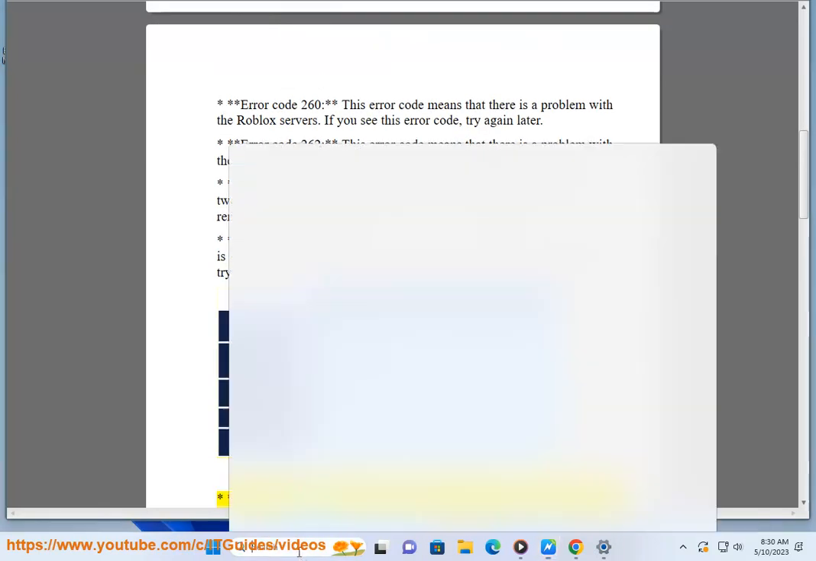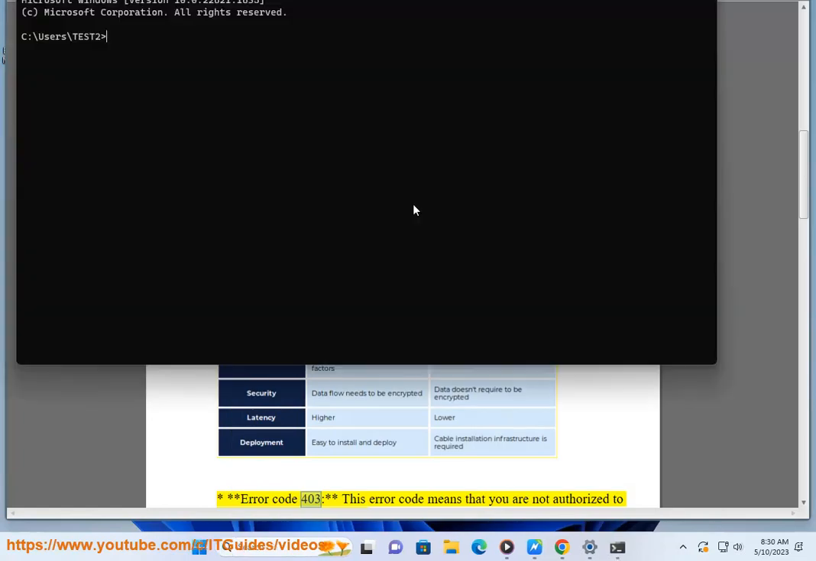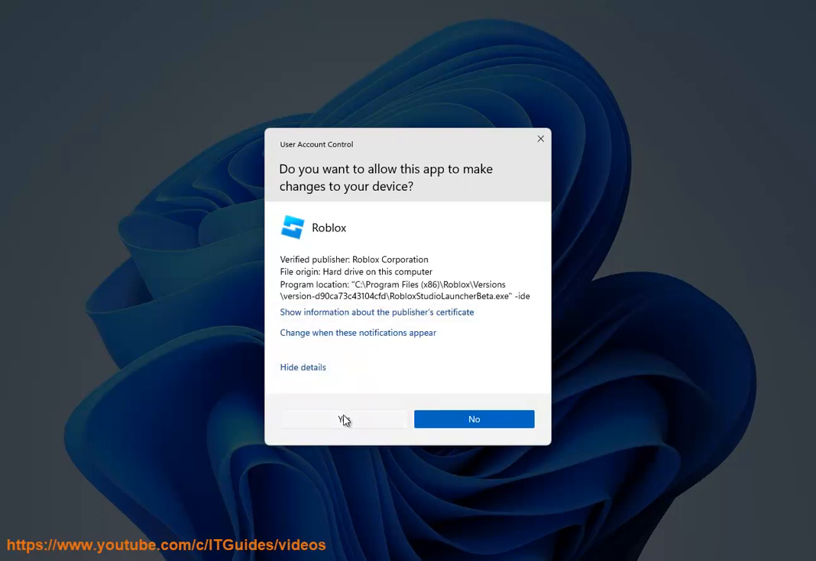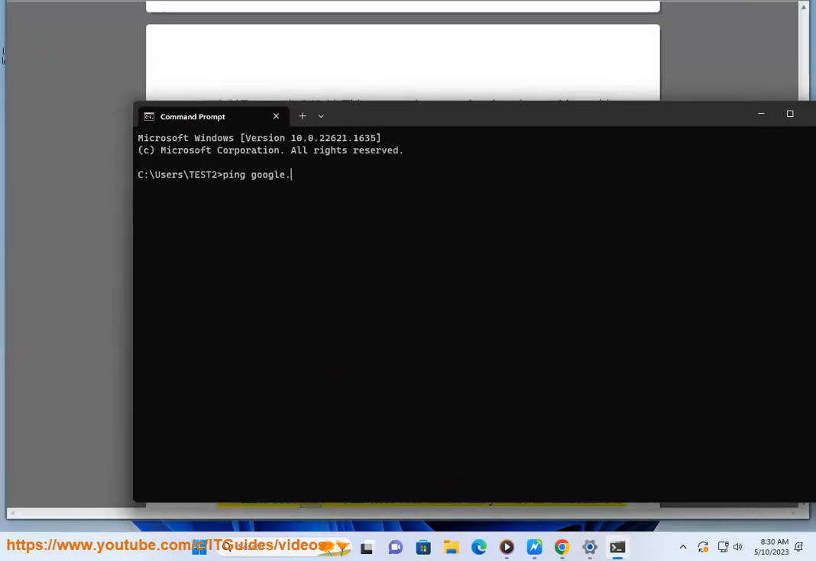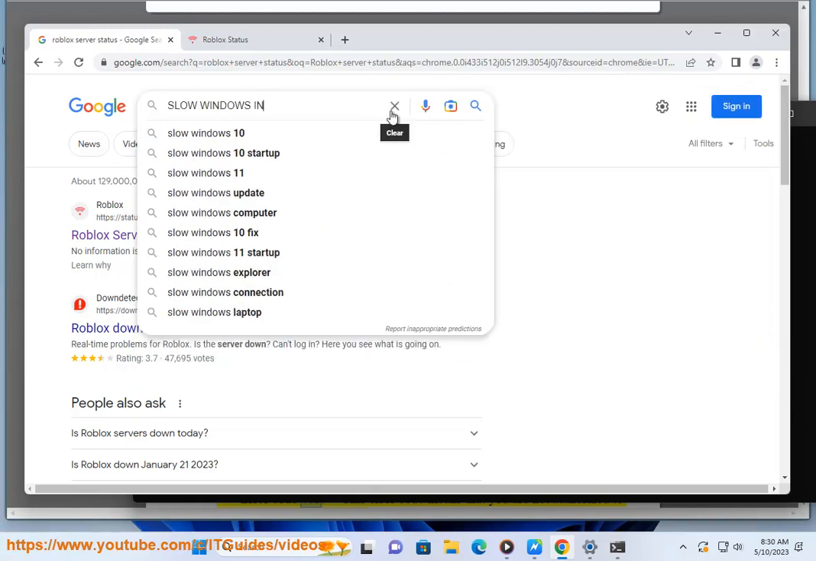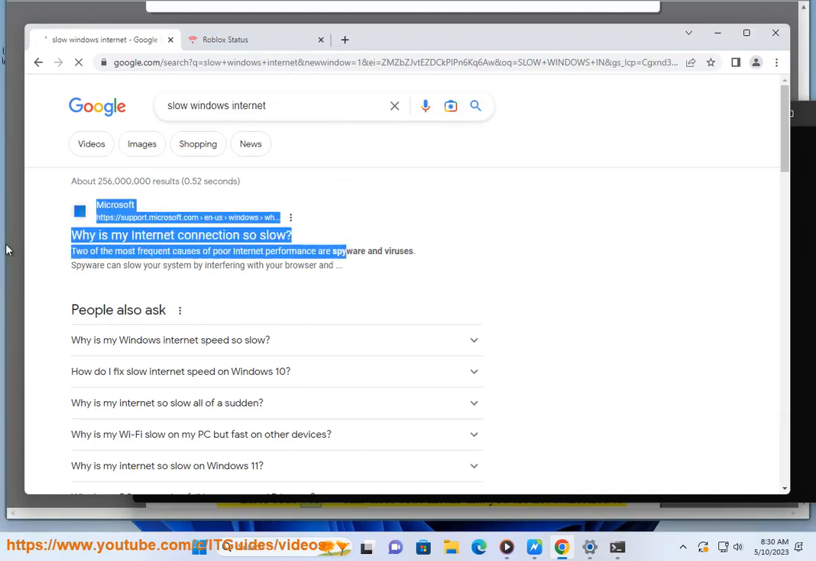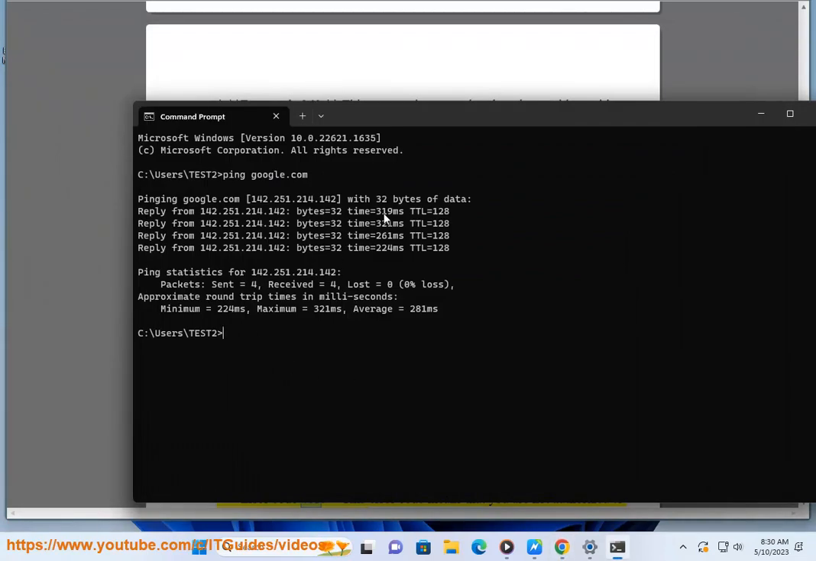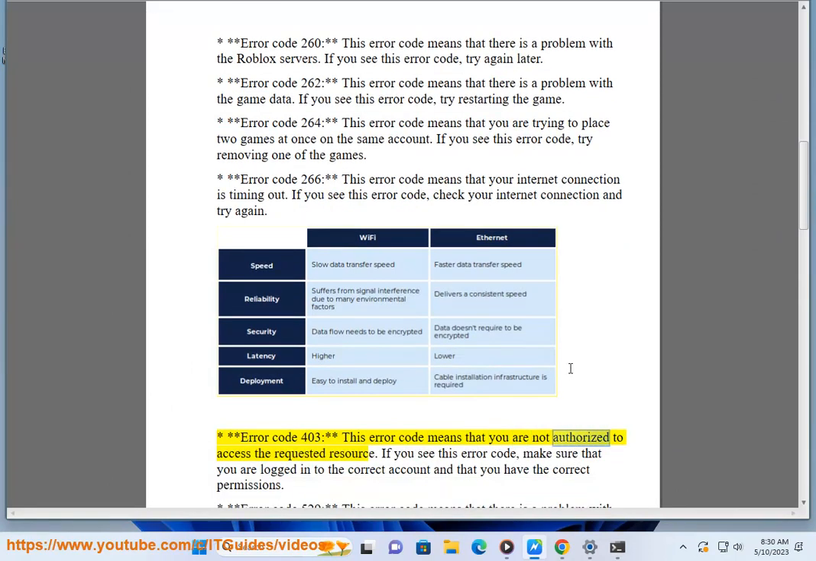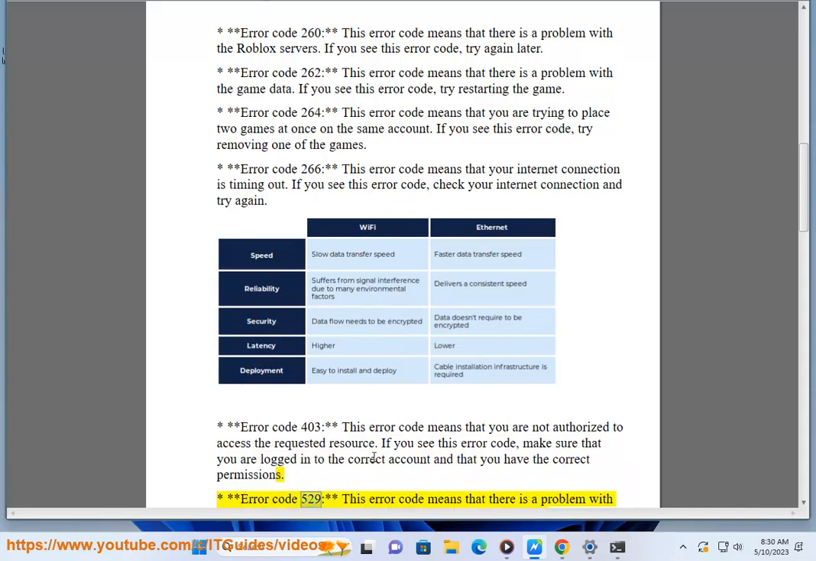Error code 403. This error code means that you are not authorized to access the requested resource. If you see this error code, make sure that you are logged into the correct account and that you have the correct permissions. Error code 5